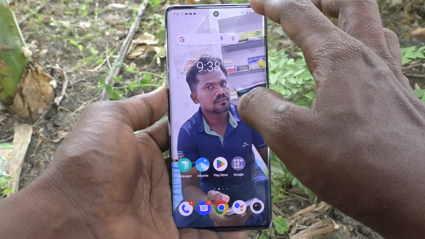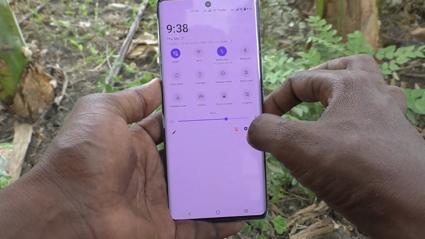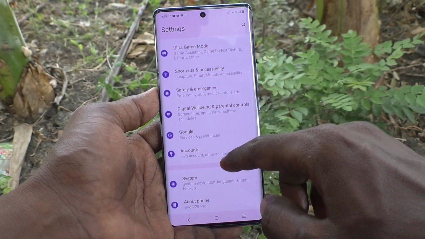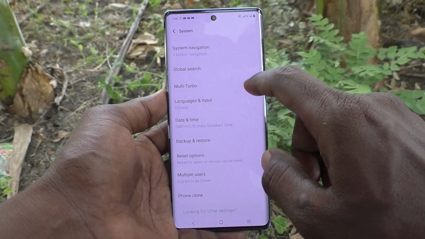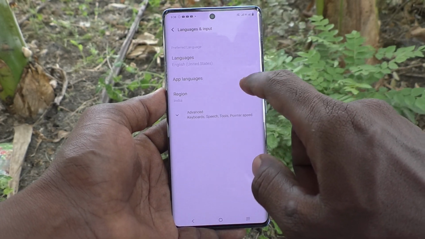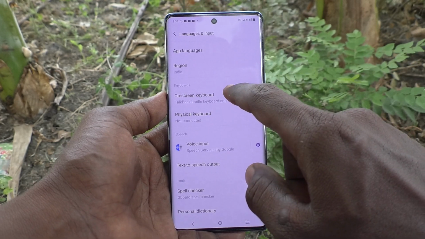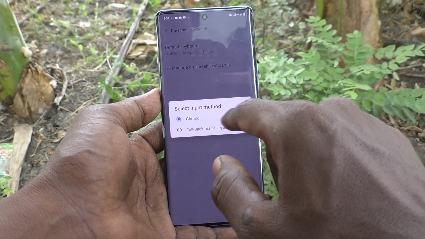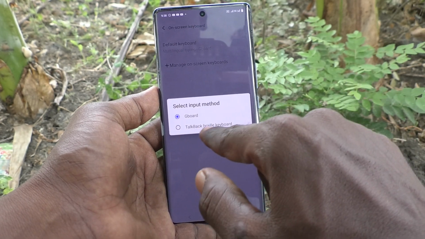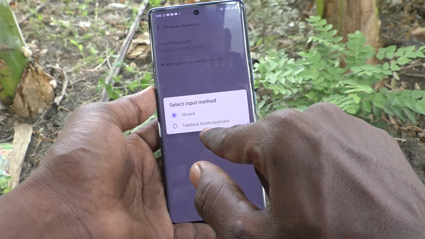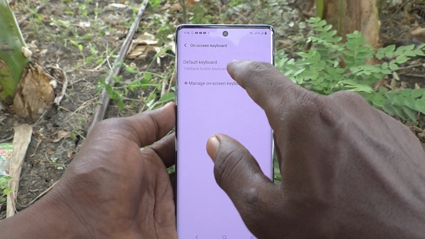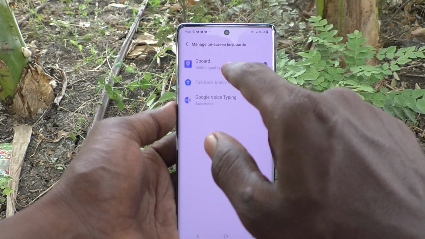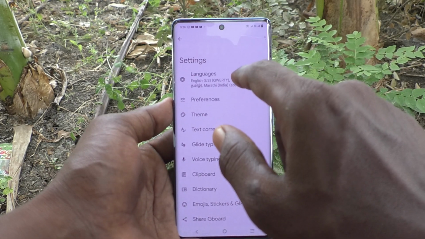What you have to do is go to the settings of your phone first. Go to settings, then go to system, then go to languages and input, and click on advanced, and click on screen keyboard, and click on default keyboard, and keep default keyboard in other option. Second option, talk back Braille keyboard, then click on manage on screen keyboard, and click on Gboard, and click on